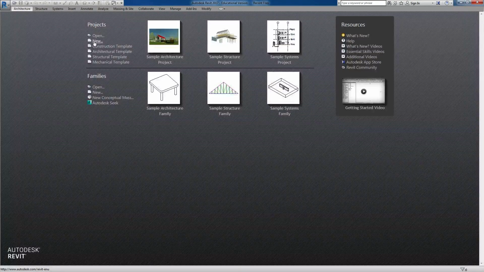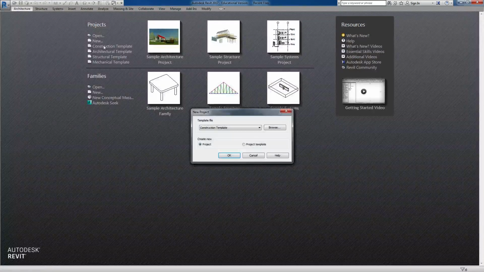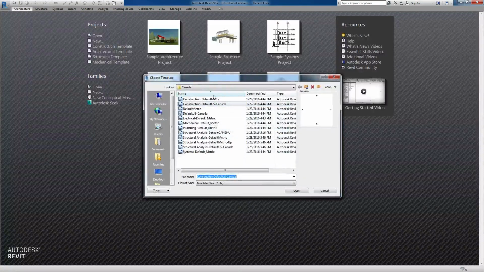I'm not going to go through those. You know how to do those things. The only thing that may be important here is the templates. So when you want to do a new project, it will ask you what template you want to use. So these are some basic ones, and if you go through browse, you can see some more maybe advanced ones,